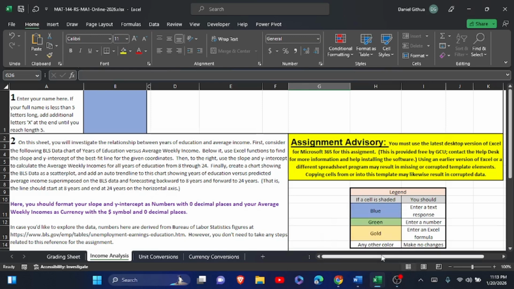Hello guys, today we are going to look at the MAT-144 Major Assignment 1, and we are going to deal